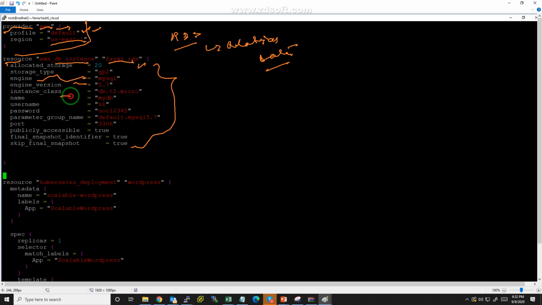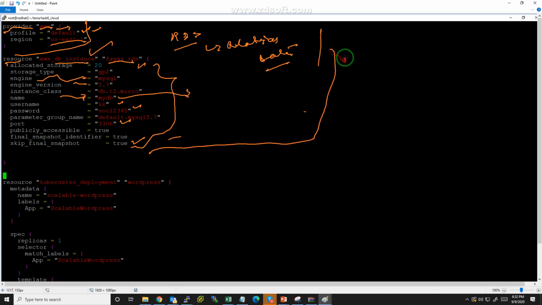The name of the DB is also created when my DB instance is created. Then the username and password of my DB. These are the things, the ports and snapshots. So it will be created on AWS. So this is my one code, and it ends here.